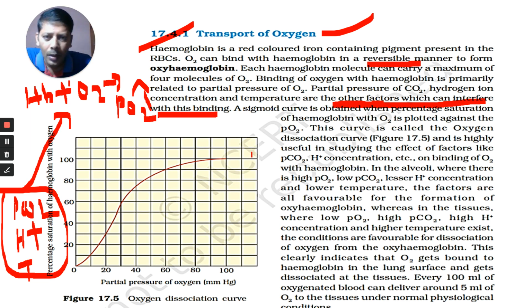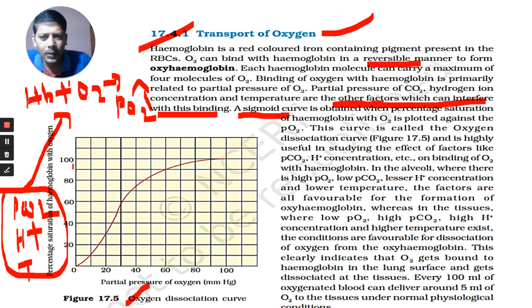A sigmoid curve, very very important. What is the shape of the oxygen dissociation curve? This graph is a 2 marks one. A 2 marks question we get on this graph. It is given in a different manner, right shift and left shift also there in the state textbook. That is a 2 marks question. You have to practice that one.